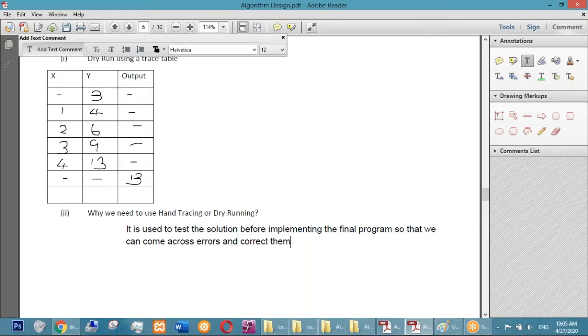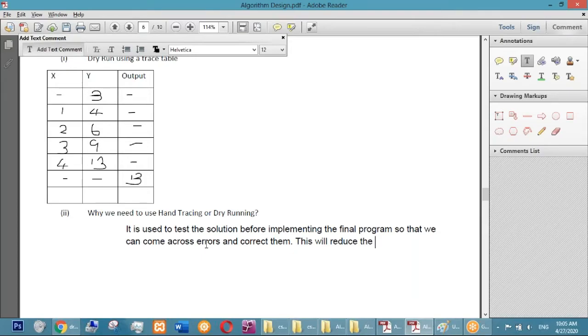Okay? Okay. This will reduce the work, because now if you don't correct the errors at this stage, these errors will be found